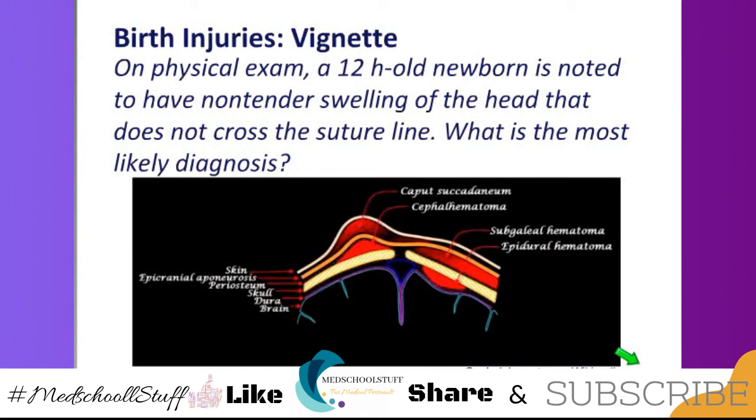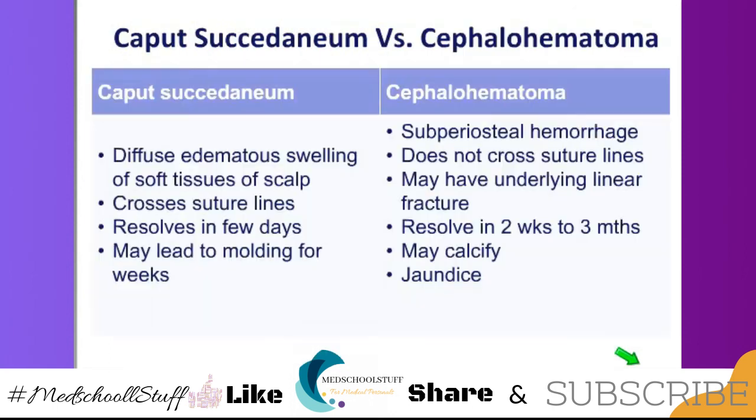If they have a linear skull fracture, there's a little bit of step off, but it's not where the suture lines are. That's how you eliminate that. You can have a little bit of a depressed skull fracture. But when you have the two types of swelling and then a groove in between, that's probably bilateral cephalohematomas. Craniotabes is very low. Okay? All right, so here, these